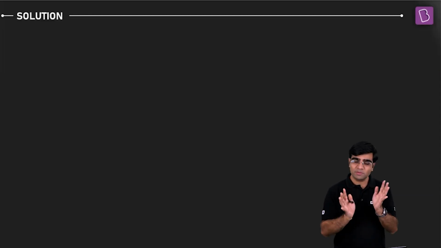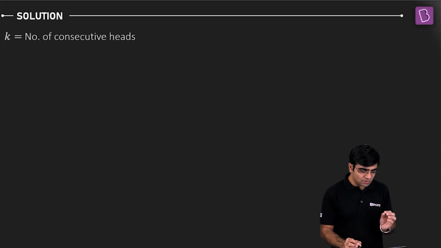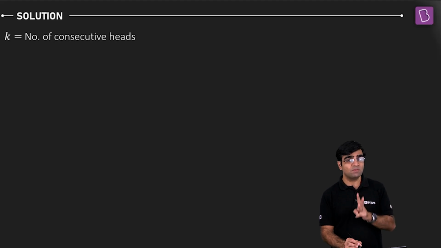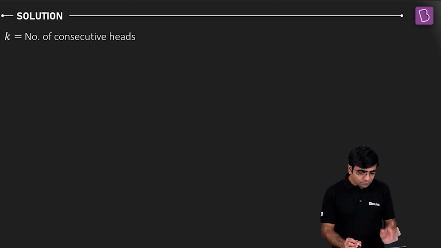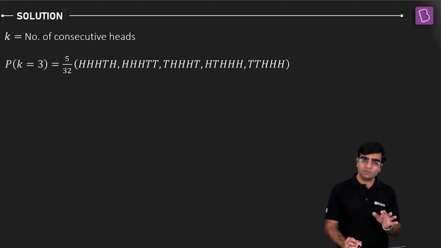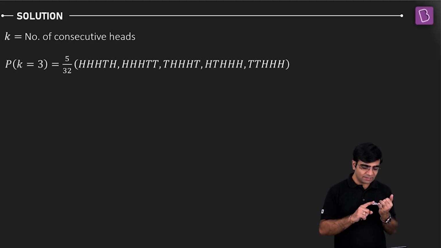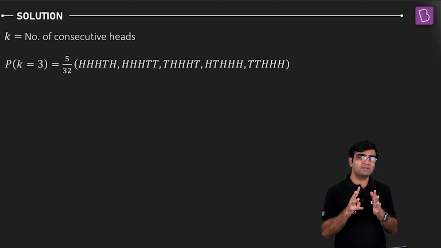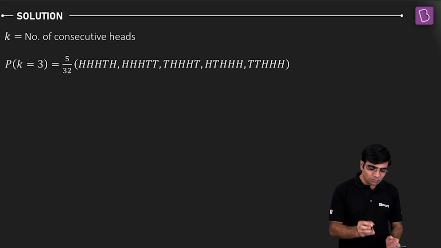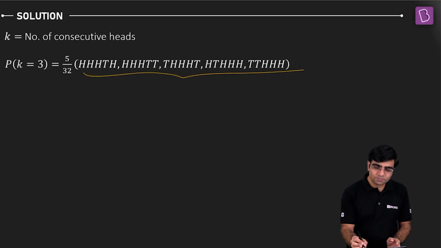First of all, what are the observations that we have? This is my situation, that k is the number of consecutive heads. So we can have k equal to 3, 4 or 5. For k equal to 3, please look at it carefully. We can have this as h, h, h. See, 3 heads have to be consecutive, right? So the possibilities could be only these 5.